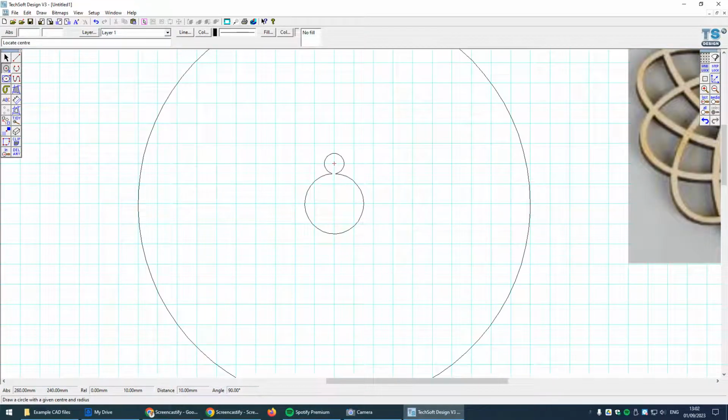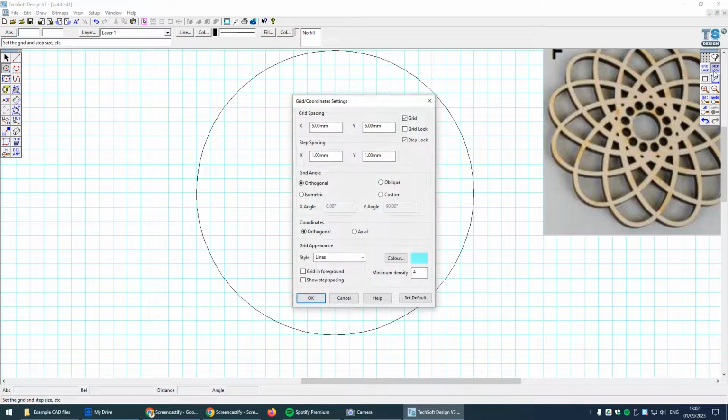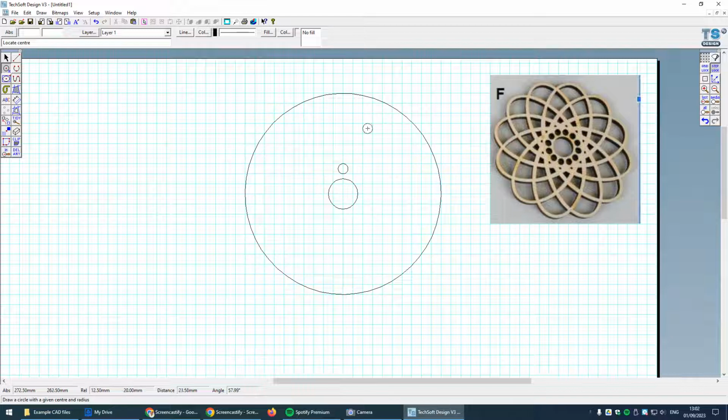And at the moment now, look, I cannot actually put that in the right position. So it's either touching the central circle or it's too far away. So I'm actually going to go to step lock here. I'm going to right click on step lock. I'm going to put my step spacing here to 2.5. Whoops, not 25, 2.5 millimeters. And that now means I can snap to the midpoint of that grid, and that feels a little bit more precise. So let's now select this circle, and I'm going to use my radial